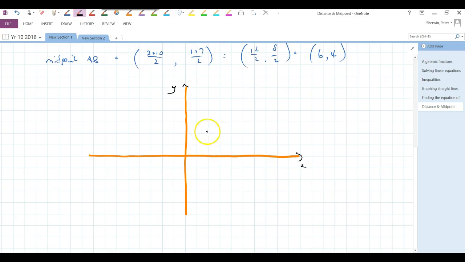So now what we're going to do is take 2 points. We're not going to give them exact values. I'm going to say that this point is the point (x1, y1), and this point here is the point (x2, y2). Now if we join those 2 points,